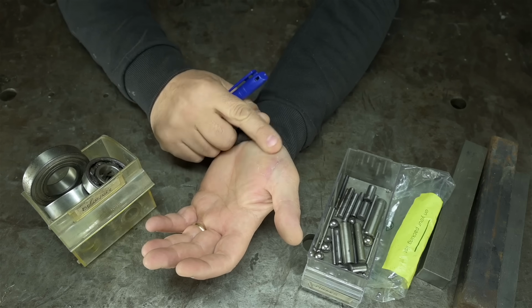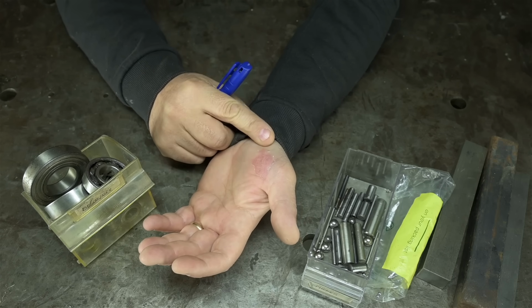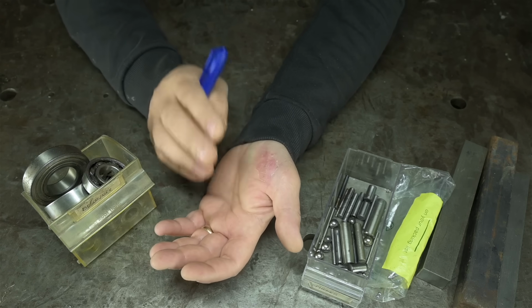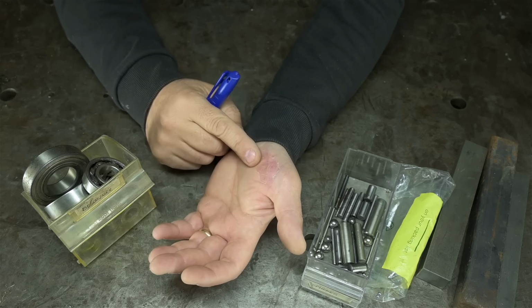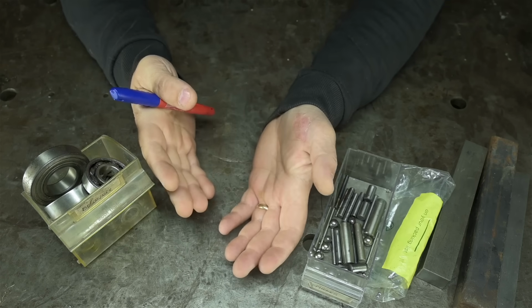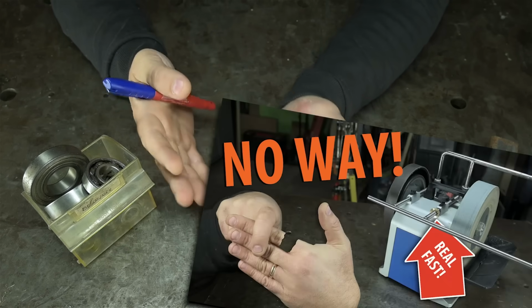Thankfully, that seems to be healing up well. Doesn't look so bad now. But for how deep it went, I sure wasn't bleeding very much. Doc told me it must have been a very sharp knife. I was like, dang straight it was. I was borderline offended. Had they not watched my Tormek video,